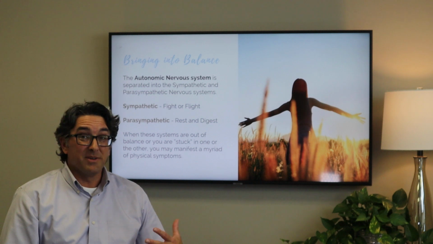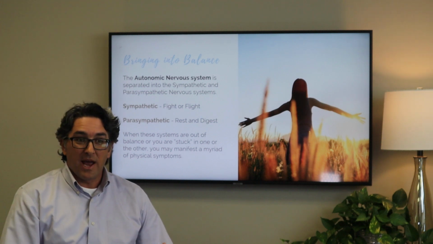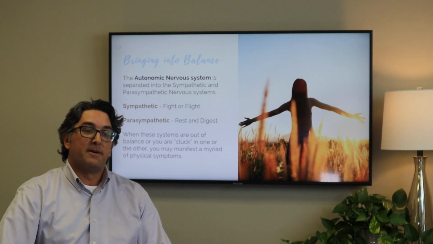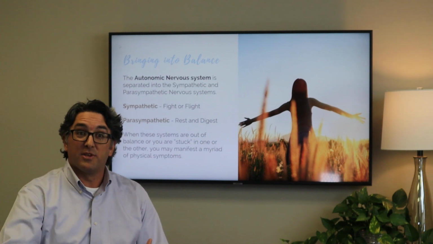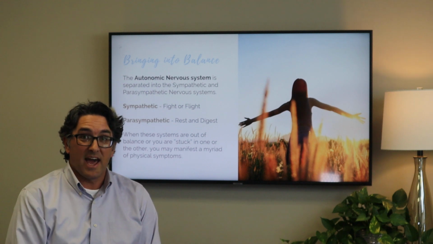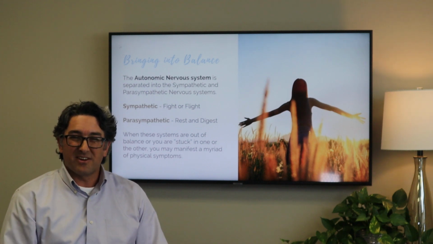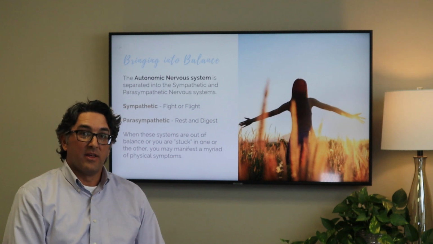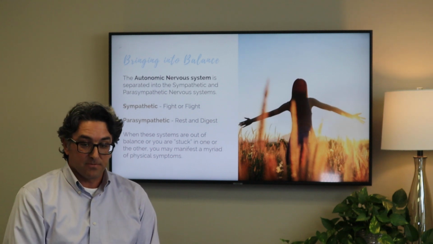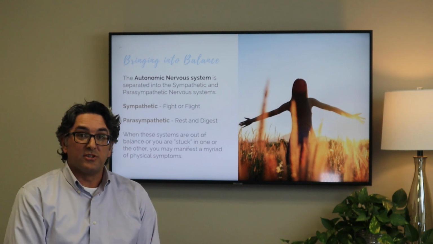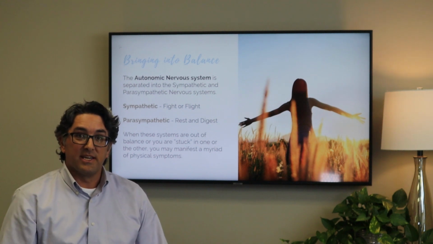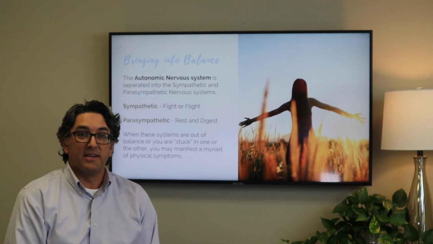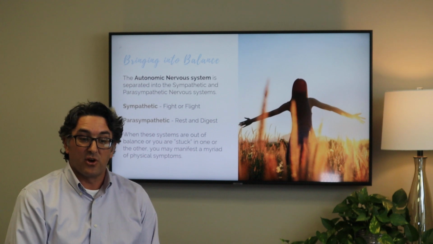When we're stuck in the parasympathetic mode, our bodies are at rest and we're very tired and run down, and our bodies don't get turned on or cranked up to the point where we're doing something really active. And when that happens, things start to get stagnant in our body and things start to settle. So it's really important that we have balance between these two systems. There are numerous ways to treat this process, but essentially it's to find calm when we're stressed and to find activation when our body is unable to create that activation on its own.